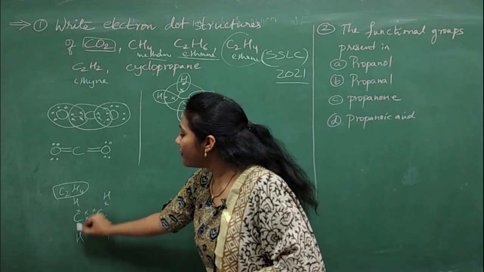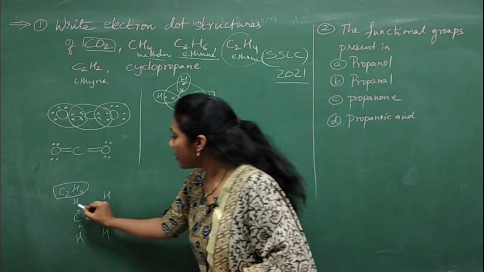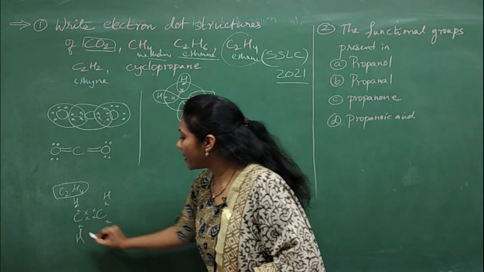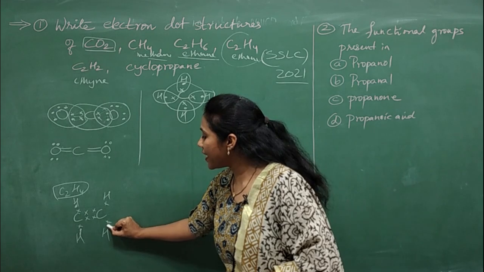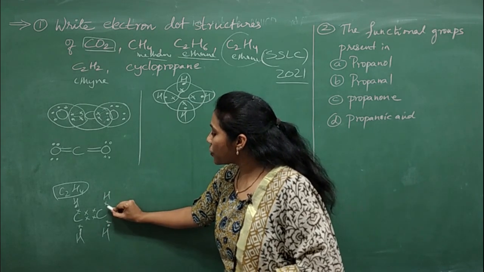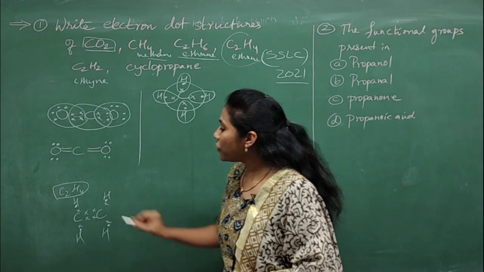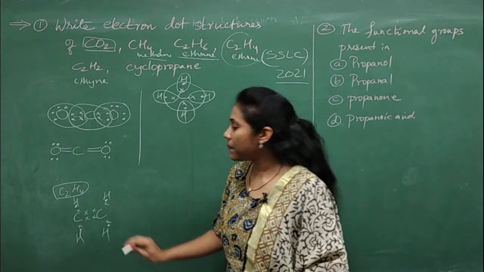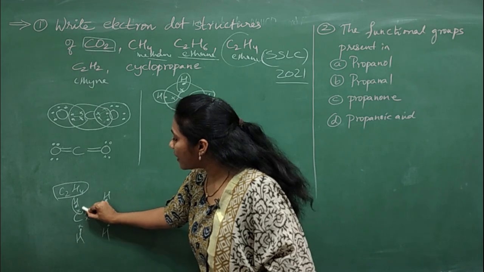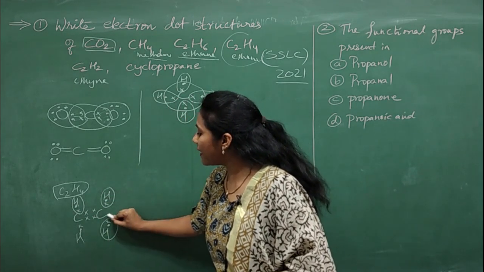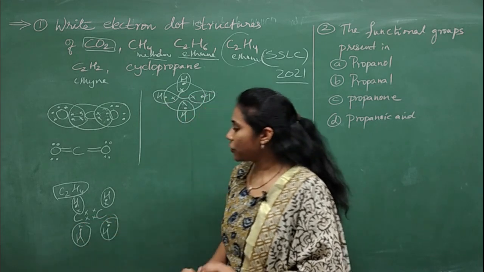Okay. And now how many valence electrons are there on hydrogen? Just 1 here for this hydrogen. This hydrogen also has 1 valence electron. This hydrogen also has 1 valence electron. This hydrogen also has 1 valence electron. Okay, so now what you have to do? Circle all hydrogen atoms. So hydrogen atoms, when you circle, you should take 2 electrons, right? So this is how I can circle all hydrogen atoms.